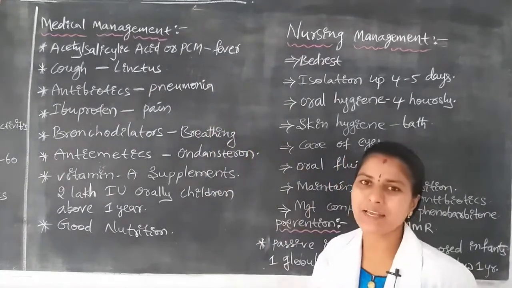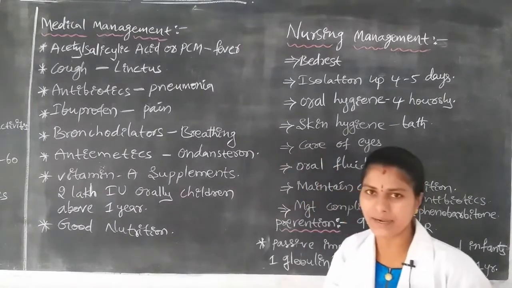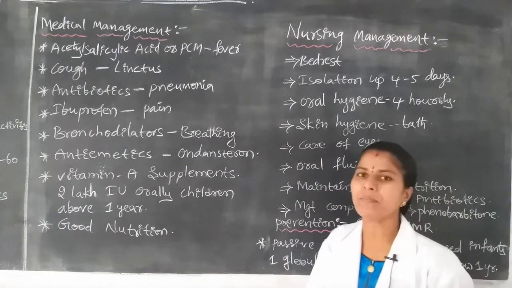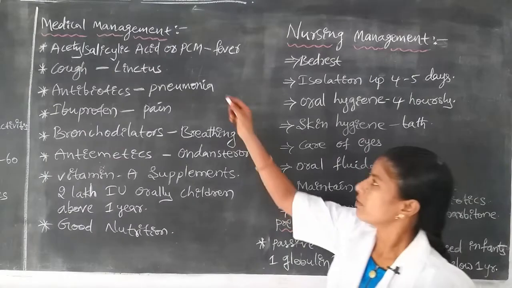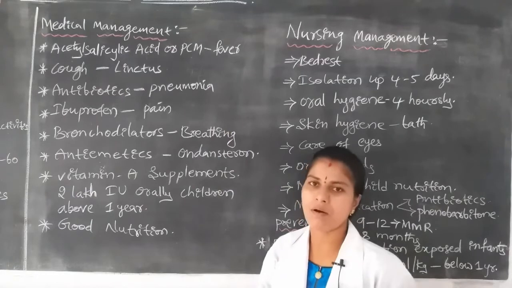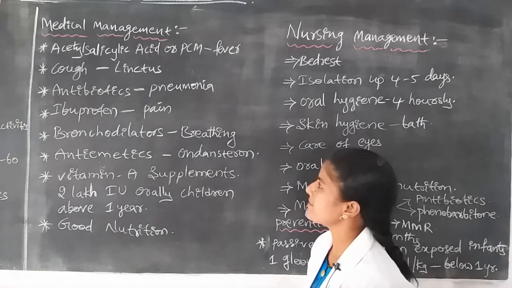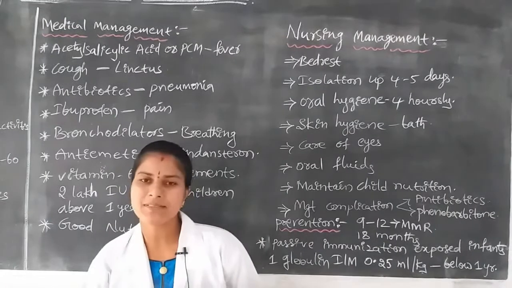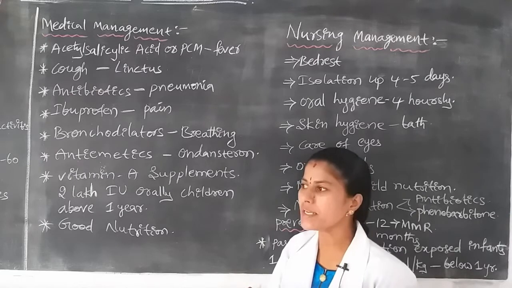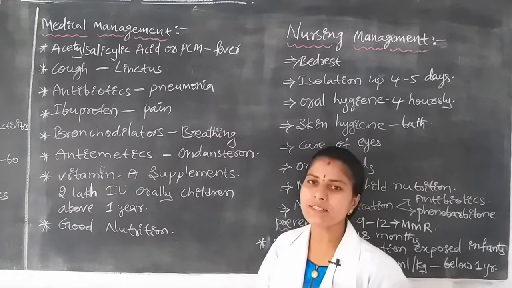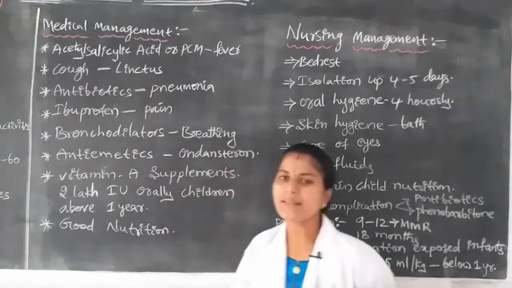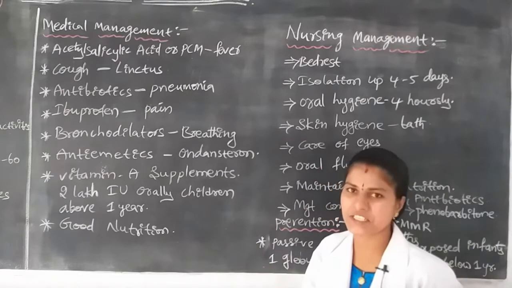One symptom is there, the children are suffering with fever or increased body temperature. For controlling and reducing their body temperature, we have to give this drug, acetylsalicylic acid. Next, one symptom is cough, frequent cough, hawking cough. For control of cough, as a nurse we have to administer medication like Linctus drug. This is also prescribed by the physician.